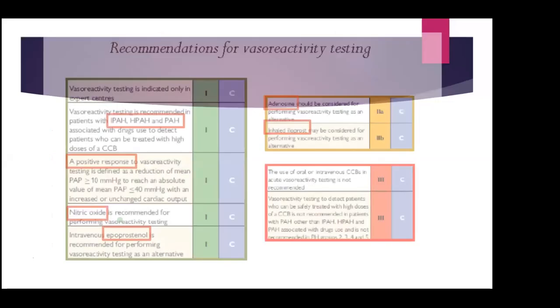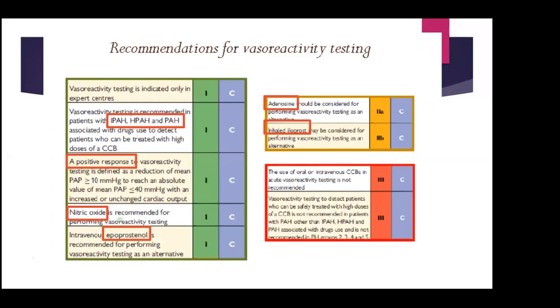The vasoreactivity test means giving a drug to a patient with pulmonary hypertension during the right heart cath and seeing the response of the pulmonary artery pressure. If it is in an early stage, it can be vasoreactive, and if it is in the late stage, it will be non-vasoreactive. Most types of pulmonary arterial hypertension should be considered non-vasoreactive, except in the